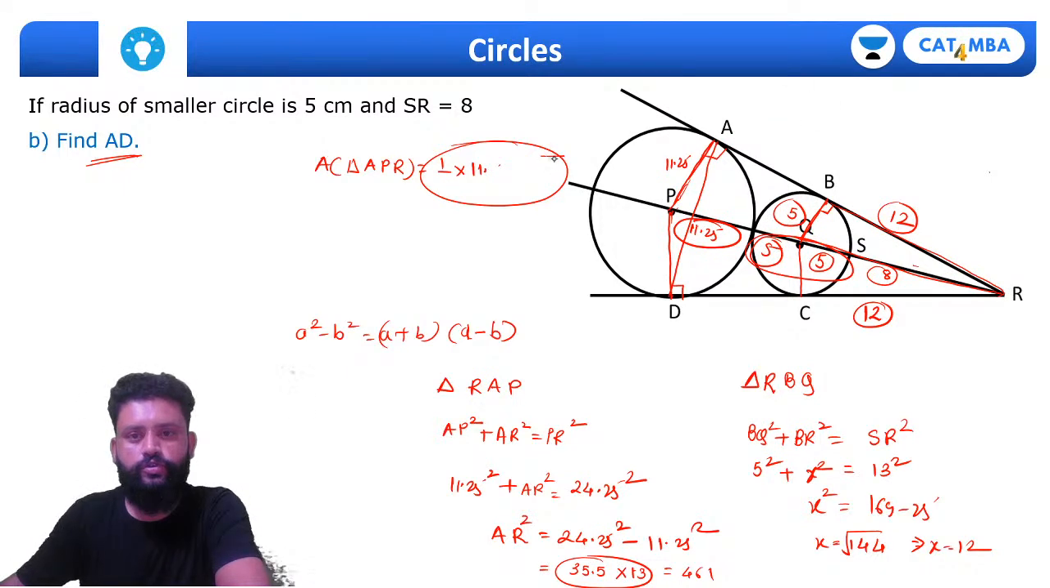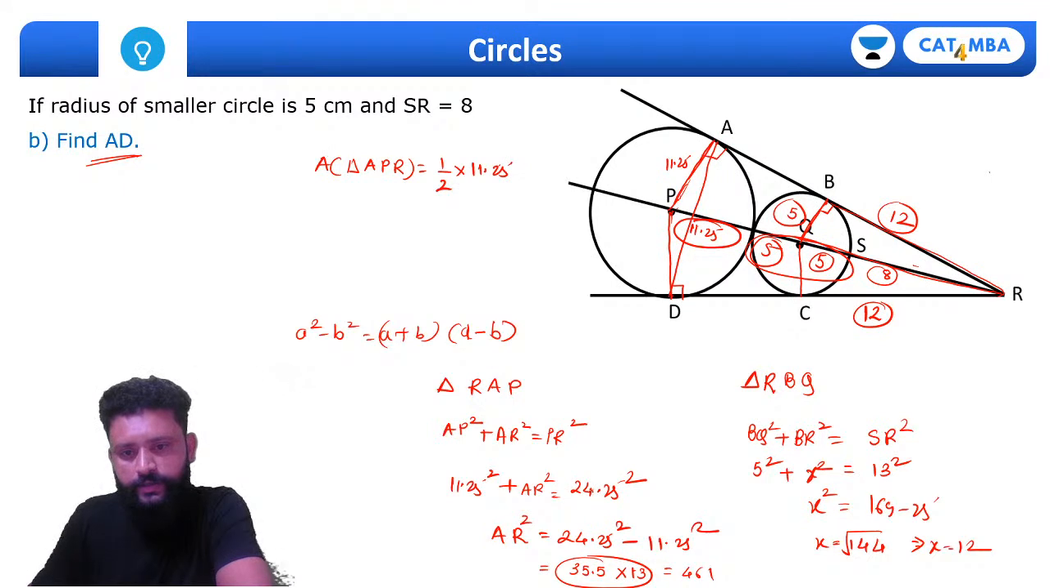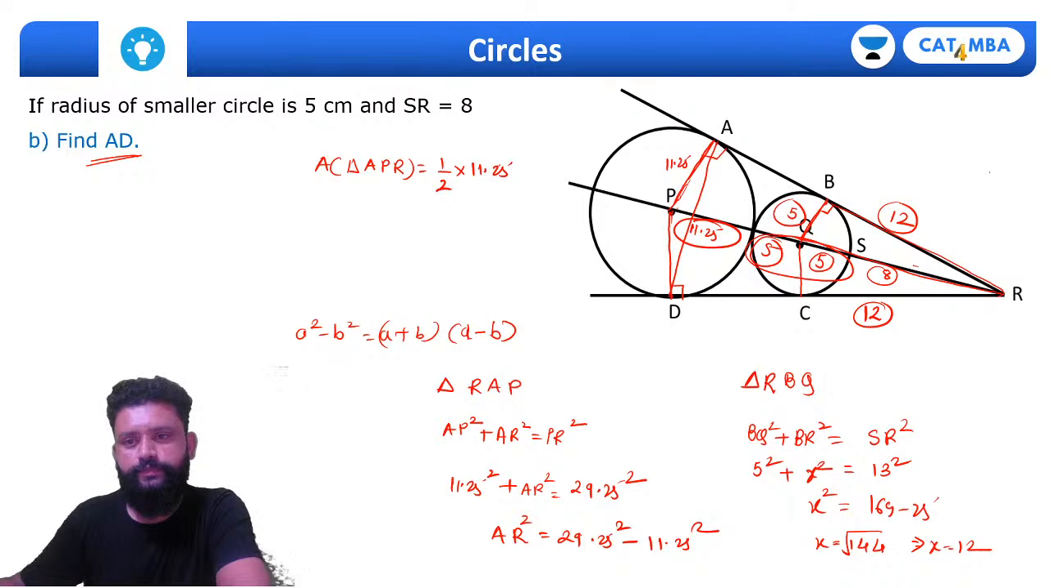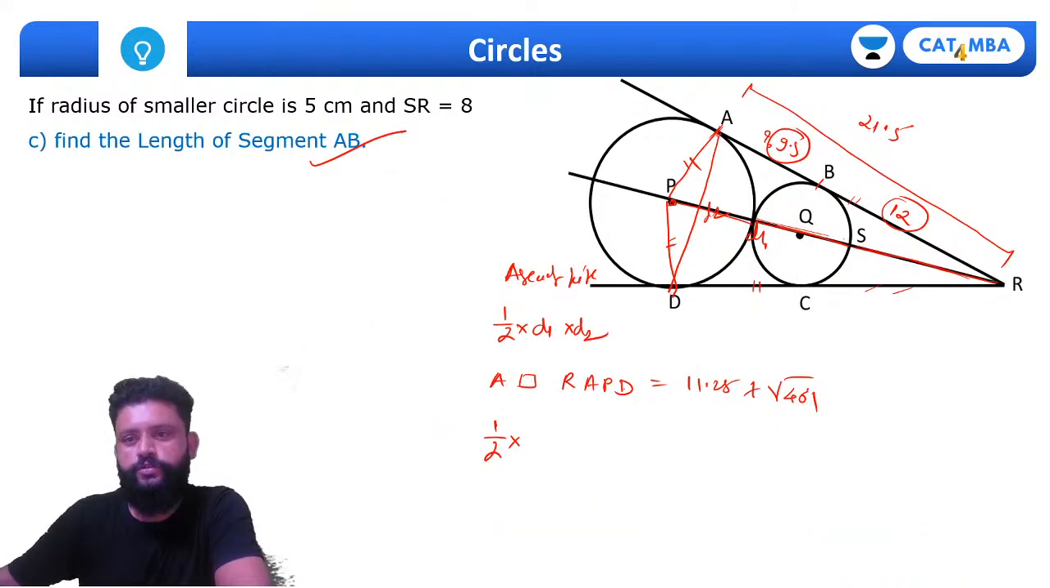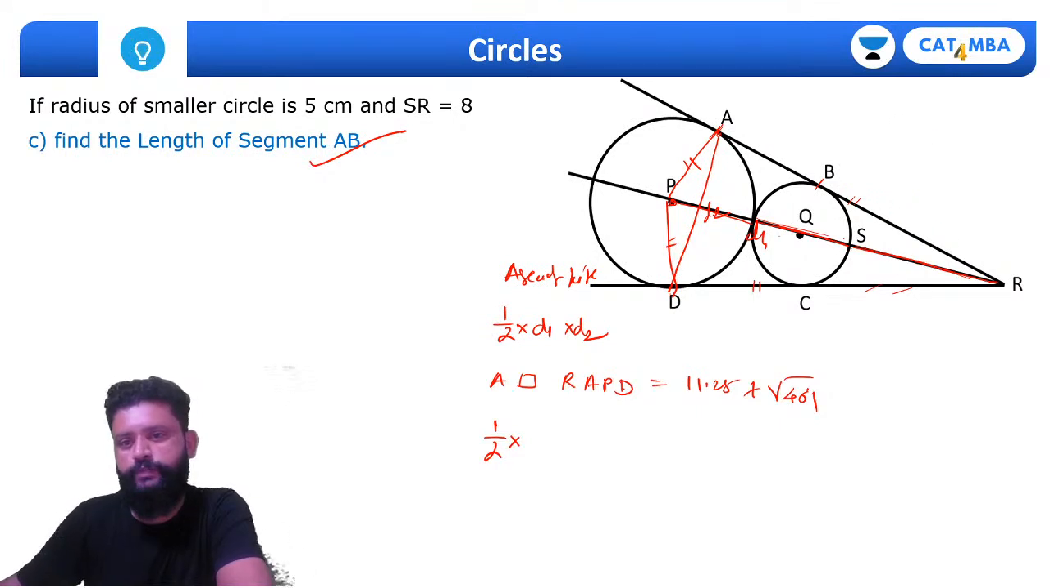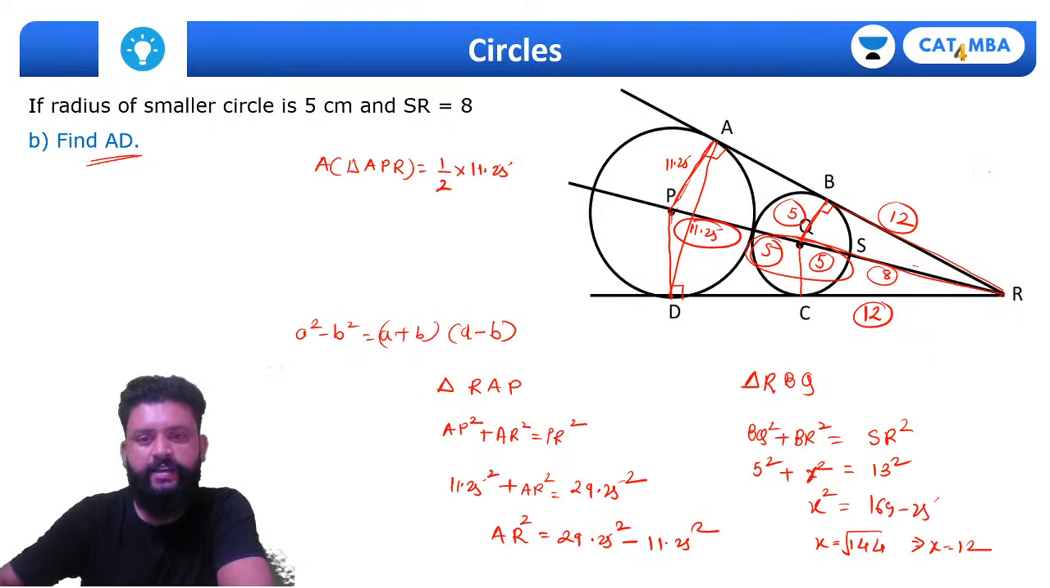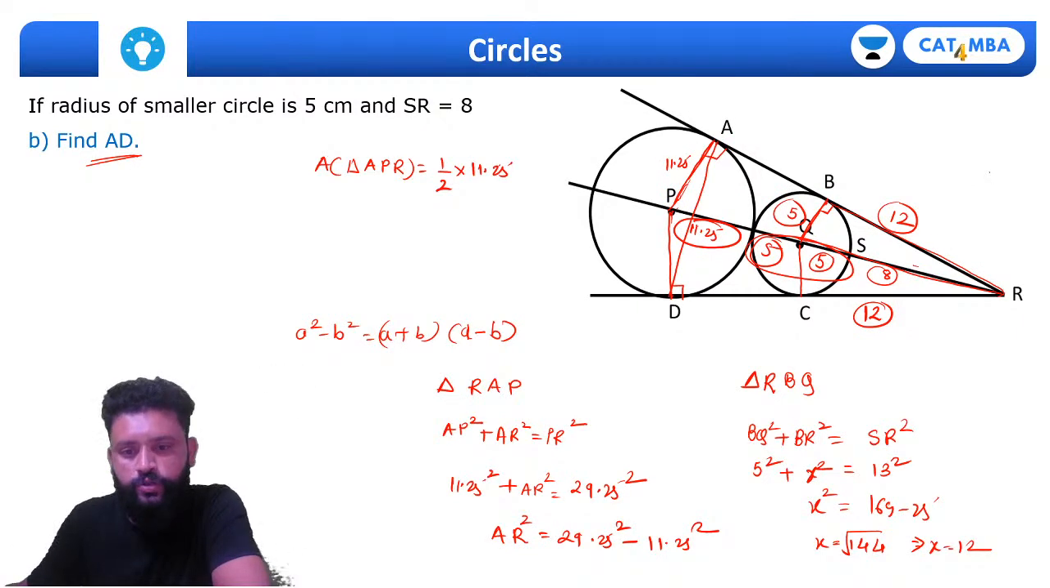This is not 461. This is half of 11.25. That is correct. But this was 29.25 and this has to be 29.25. I'm sorry, I just need to change the calculation. Just a minute. So this one is also a small correction because it was 10 plus 21.5 plus 8, 29.5, right? So what I'll do,